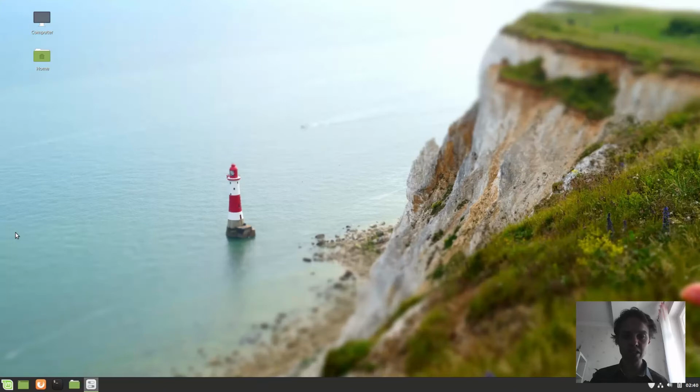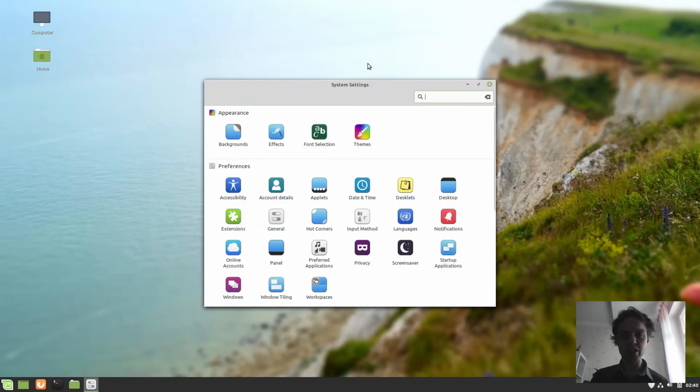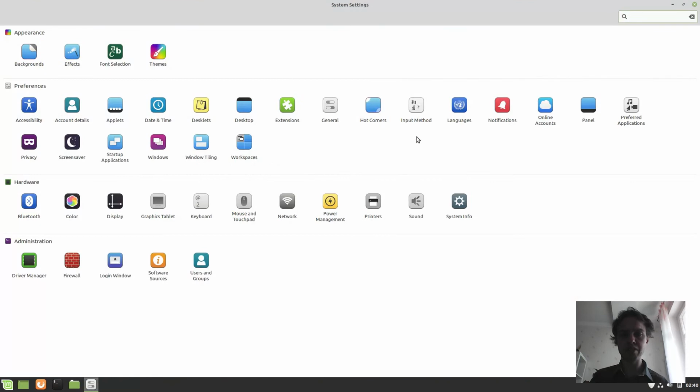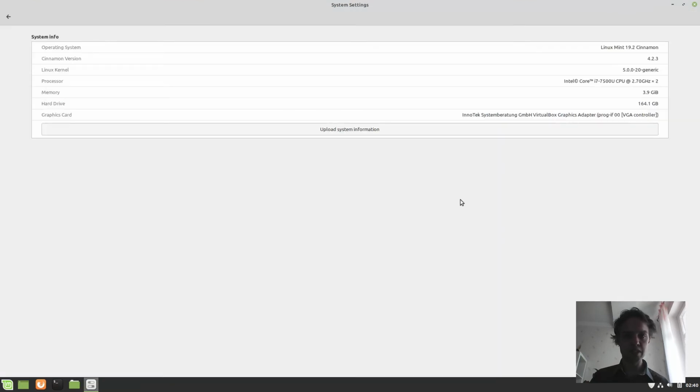So as you can see, so far everything is very good. Let's see if it is Linux kernel 5. Bam! What a great upgrade! And I'm really impressed that everything just works, and